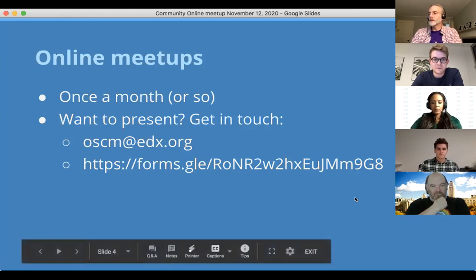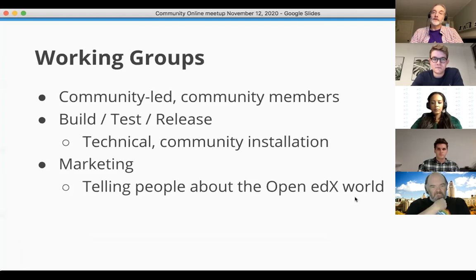One of the things that the community has been doing for a while now is working groups where interested people in the community band together to accomplish certain objectives. These are community-led. There is participation from people within edX as well, but for the most part, most of the energy comes from people outside of edX, both in terms of setting the direction for the group and in doing the work of the group.